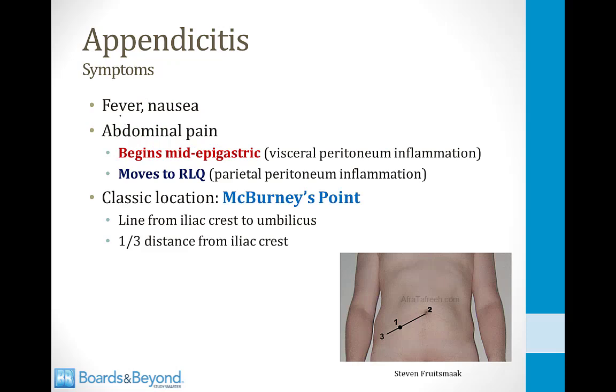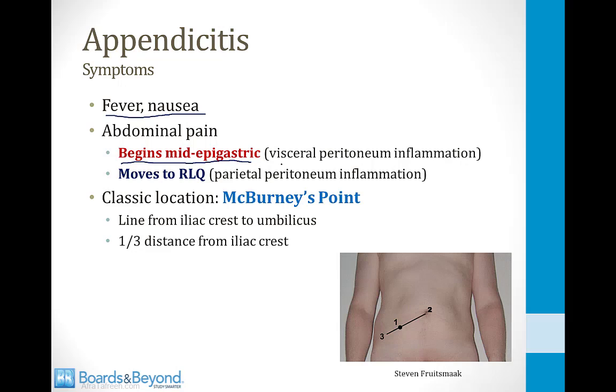Patients with appendicitis can develop nonspecific symptoms like fever and nausea. However, they go on to develop a very characteristic abdominal pain that has several classic features that you need to know as a medical student. So the abdominal pain in appendicitis develops in the mid-epigastric region, usually around the umbilicus. Now this is usually not where the appendix is located in the abdomen, but the reason the pain starts here